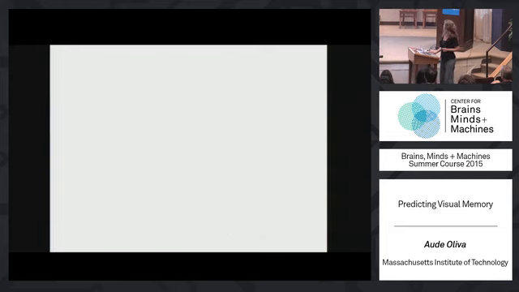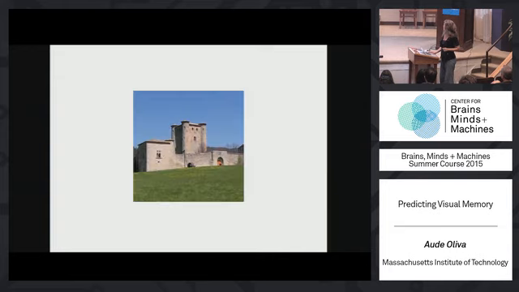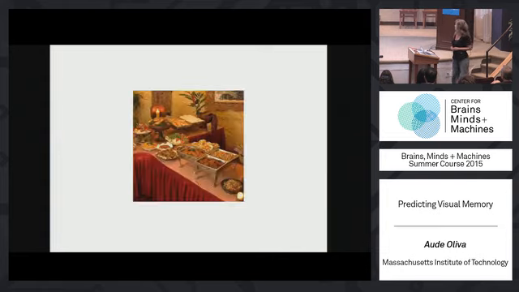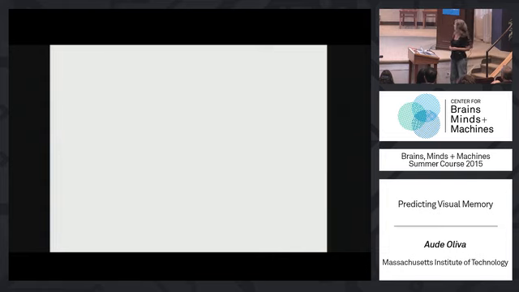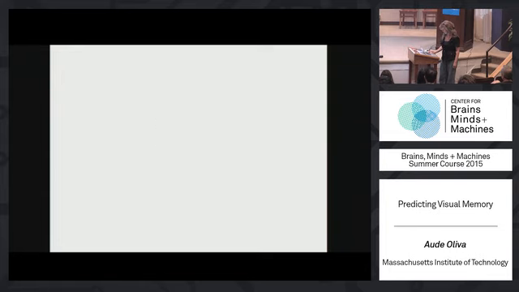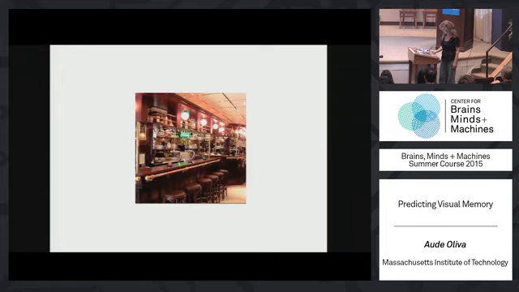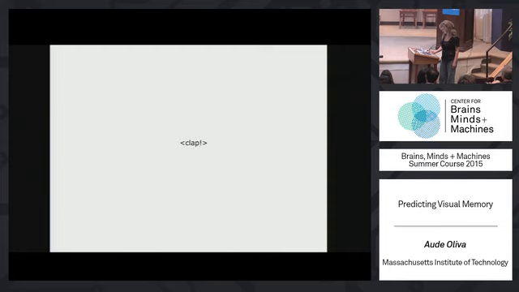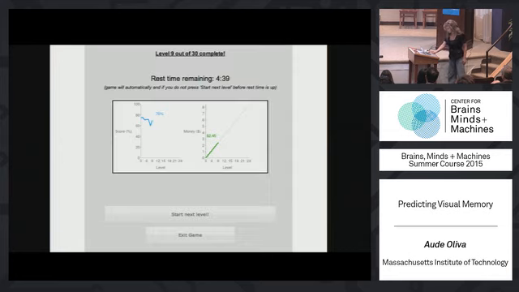This is what we run. Very simple images. Okay, fine, excellent. Images are shown for 1 second, with a 1 second interval. You're good. No false alarm. Excellent. All right, so that was level 9 out of 30 complete.